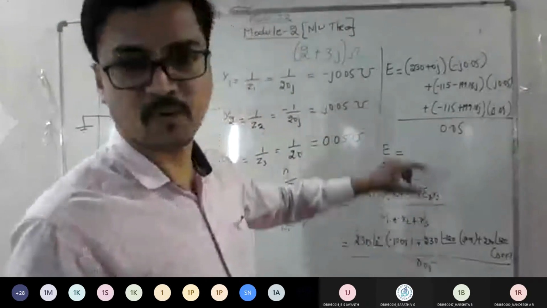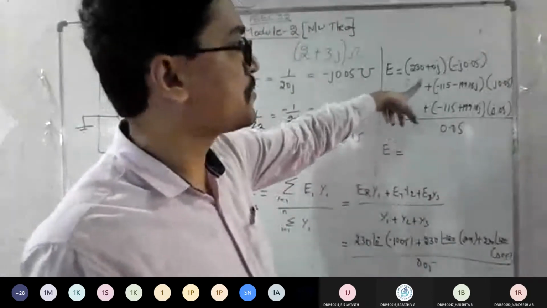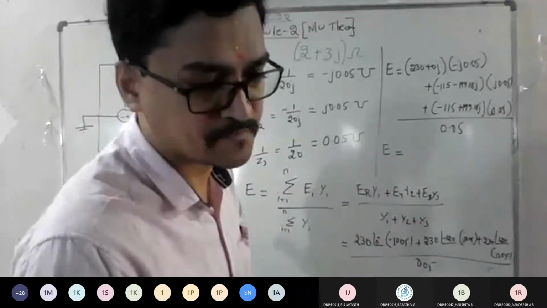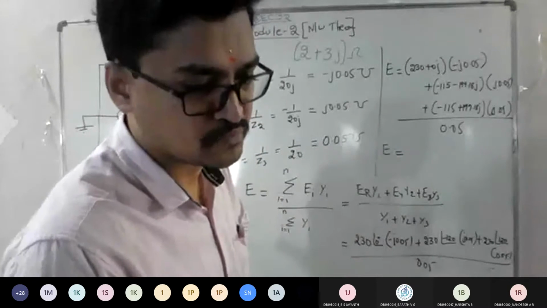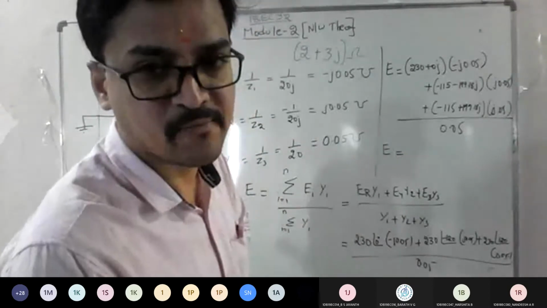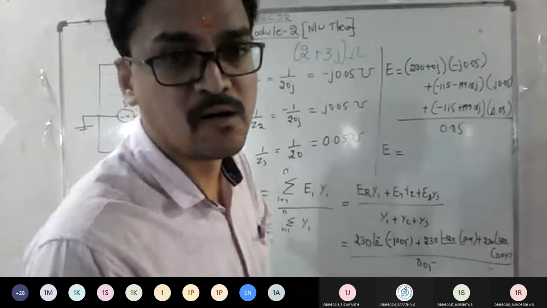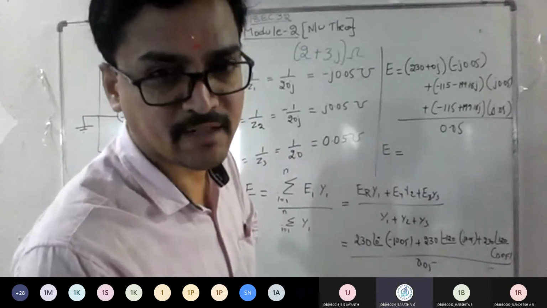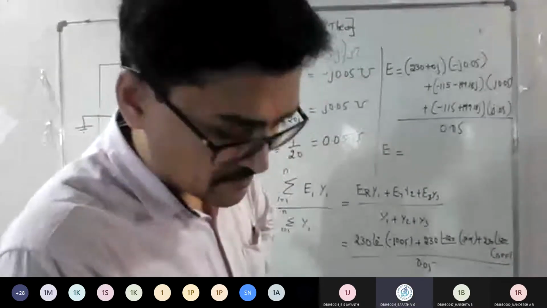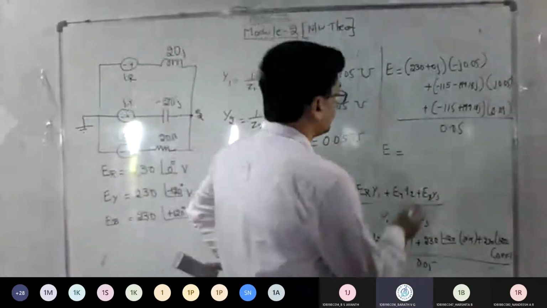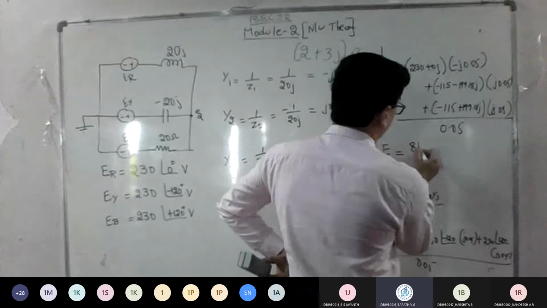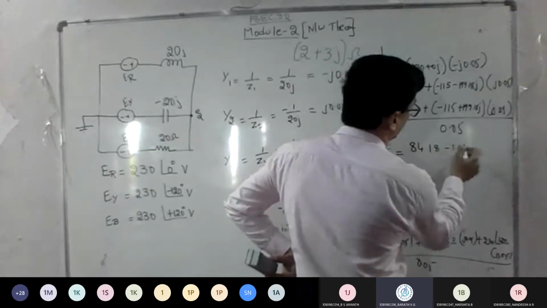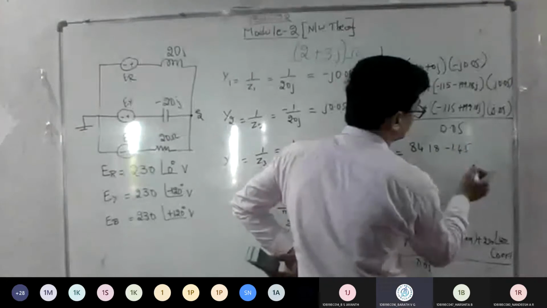Now you can go to complex mode in your calculator. Just substitute all the values in order and check what answer you get. Someone told some answer at that time. What is the answer you told, Bharat? Did you tell in rectangular form or polar form? Rectangular form, sir. 84.184 minus 145, minus 0.814 J.